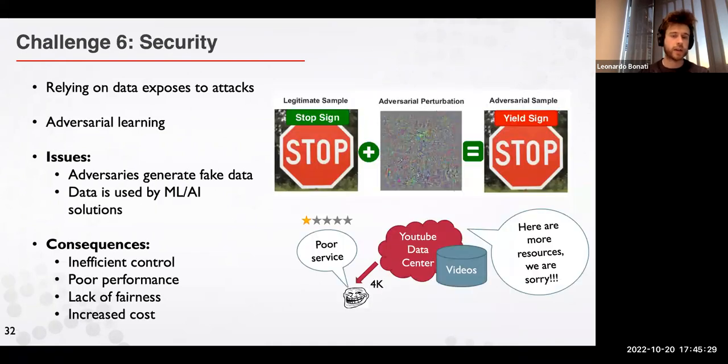And then, of course, we have challenges related to security, because all of this data that we have might be prone to attacks. So, for example, you might have some adversaries that are generating fake data, so that the data that you then use to train your machine learning and artificial intelligence models does not correspond to the actual data that is generated in your network, but contains some fake data that will bring your model to not perform as intended. And this can bring some inefficient control, poor performance, a lack of fairness